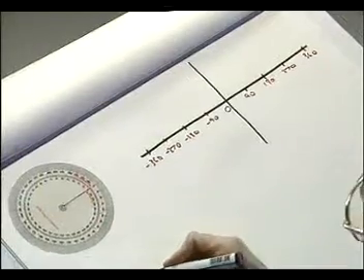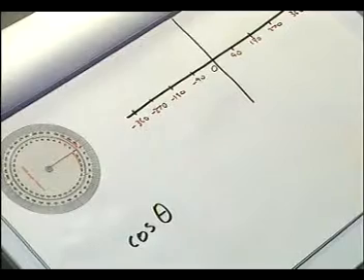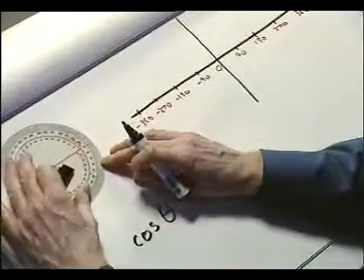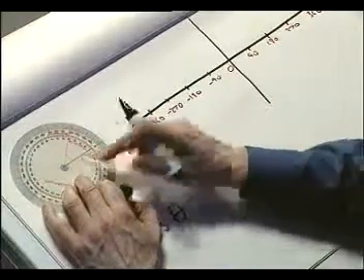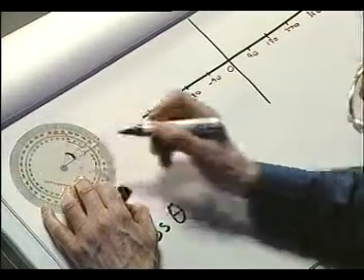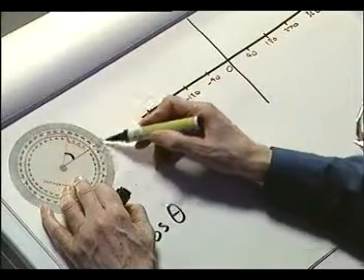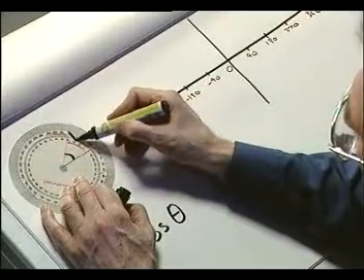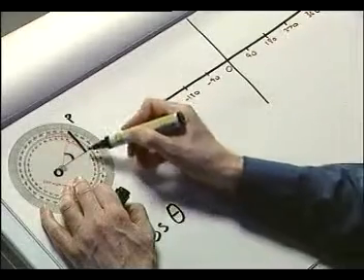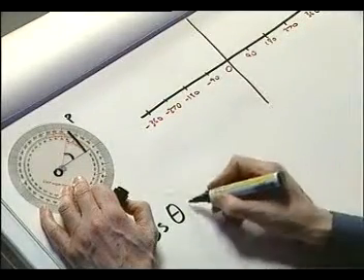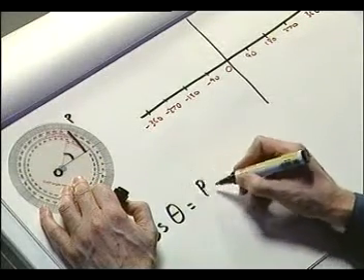What do we mean by cos theta? Well, let's have a look. We want to do the same sort of thing as we did for sine. So that's the angle in there. The adjacent side will be this side, which is the projection of OP onto the x-axis this time. So cos of the angle is the projection